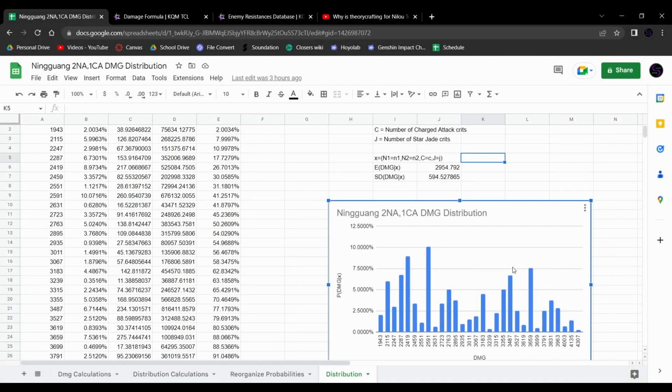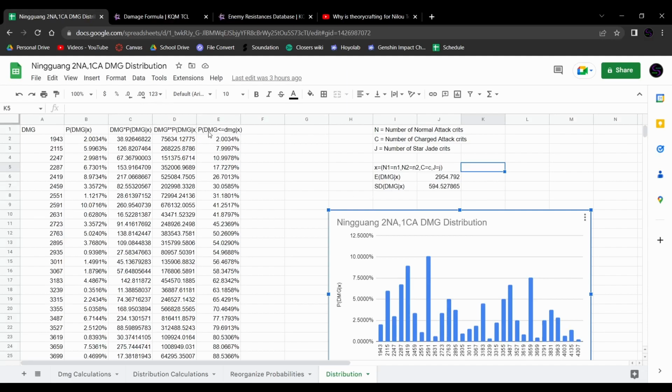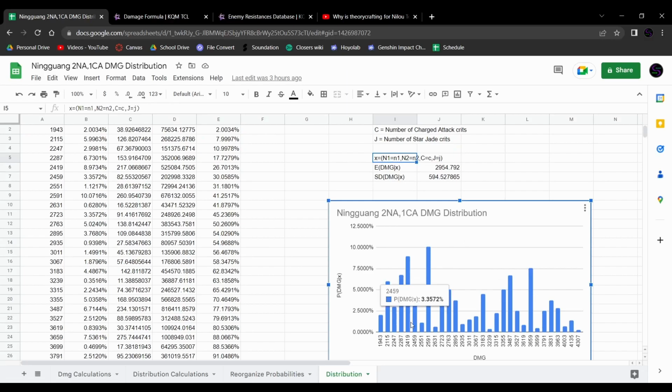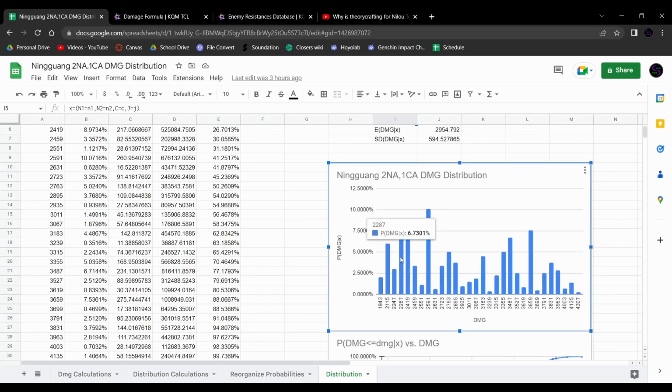I guess I can also try to explain what this distribution even means. Basically, what's the probability that I do a specific amount of damage? That is what this is saying. But again, you have to be careful with what I'm saying here, because it's not the probability of doing a specific damage. It's the probability of doing a specific damage given what crits and what doesn't. That's a very, very important distinction.